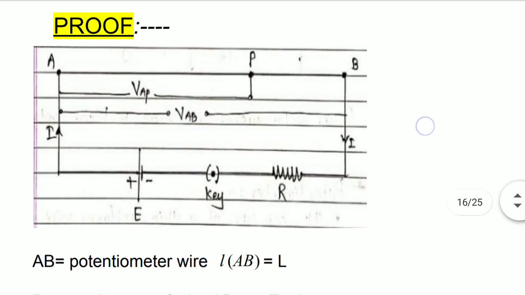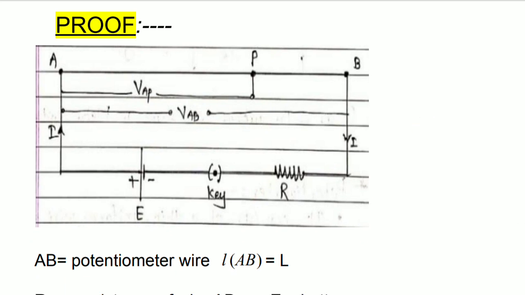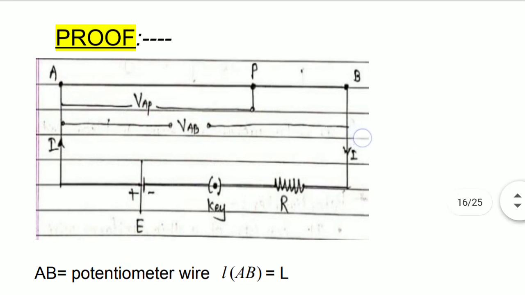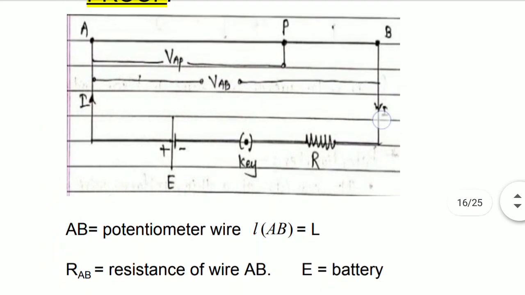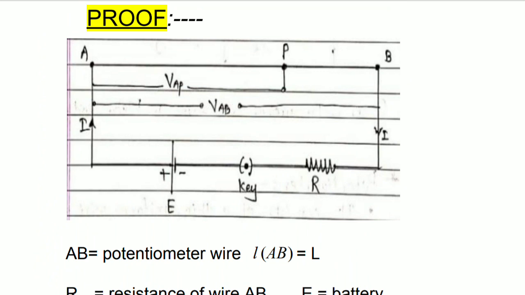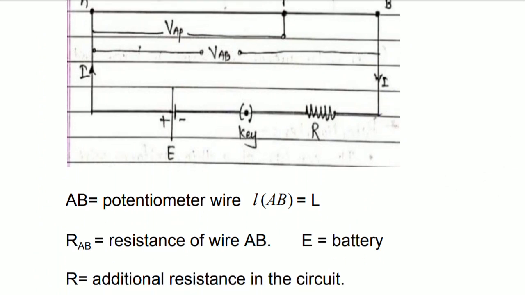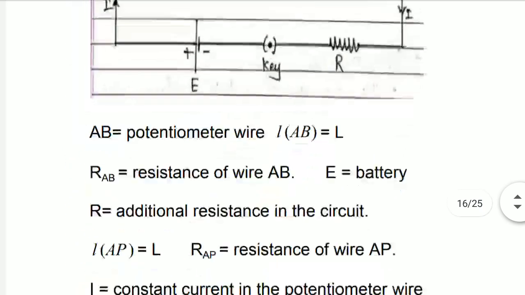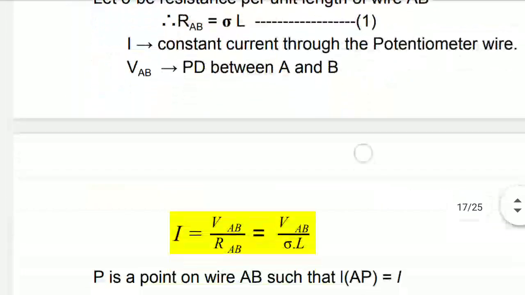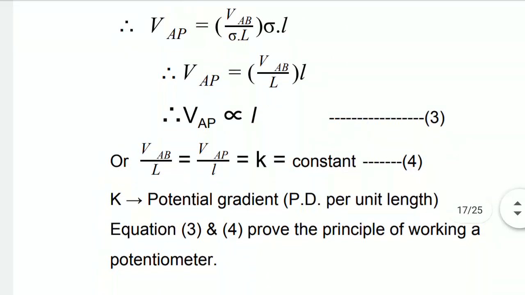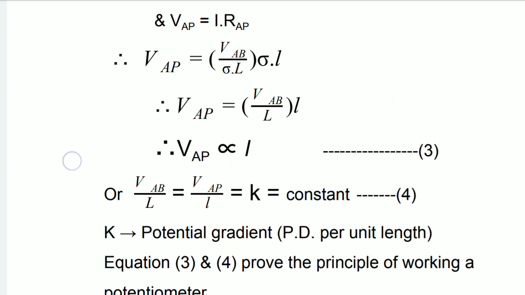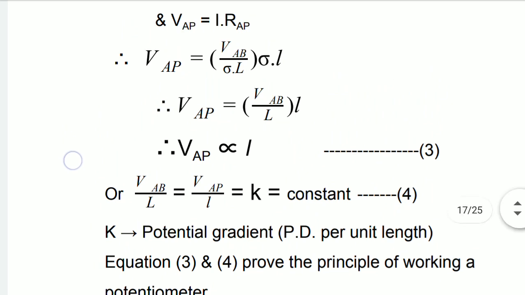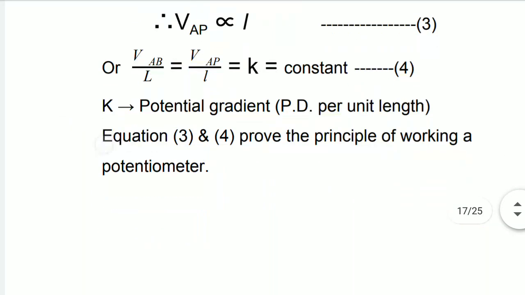So what we understand is that if you have this distance AP here, let's say AP is equal to length l, then the potential difference between A and P is equal to K multiplied by length l, where K is called potential gradient. We have already had a look at its proof that VAP is equal to K multiplied by l, where K is called potential gradient and it is equal to VAB divided by L. So this is the basic idea of